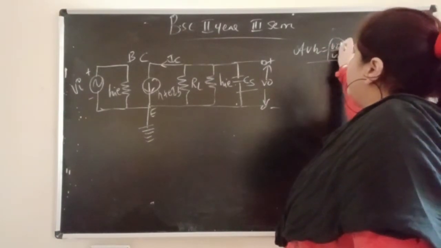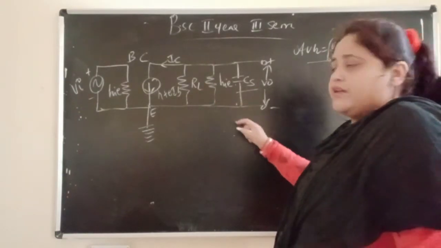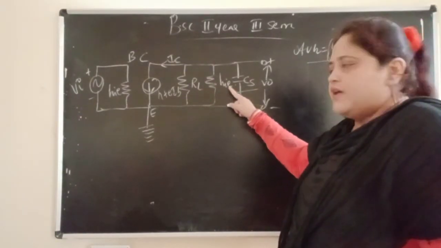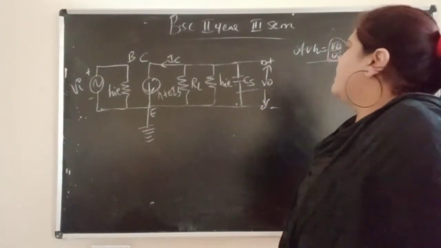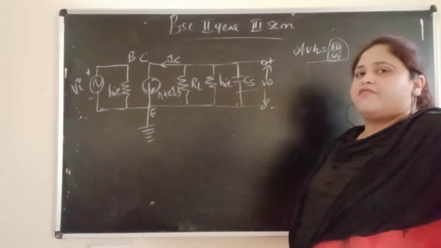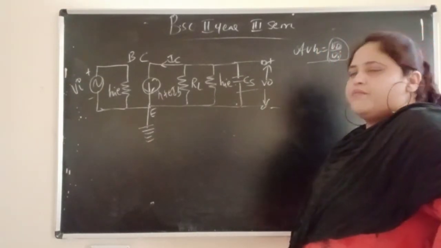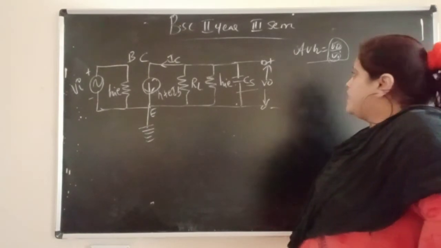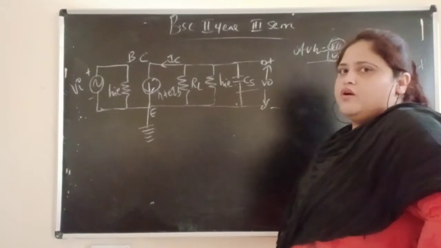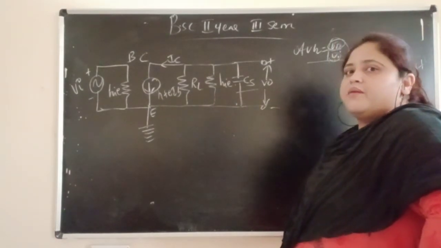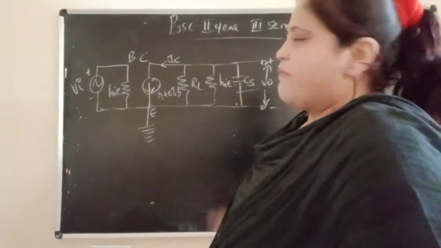For calculating output and input, the output you will calculate across ZL. RL, but what is affecting here? HIE and CS. We should make them one. After making them one, you should calculate the input and output, and then you can substitute. First, for calculating the output, we should make them one. So what will we make them? We will make them an effective load impedance. Why impedance? Because it is a capacitor.